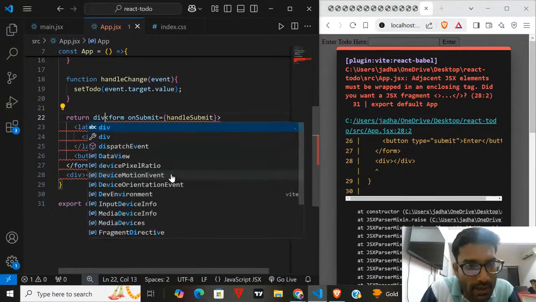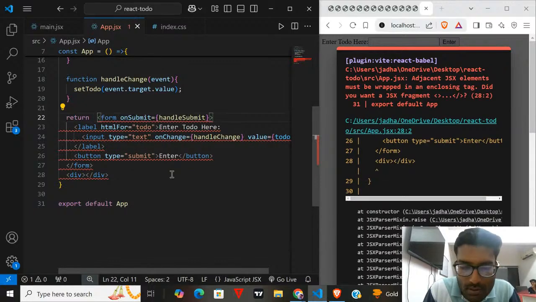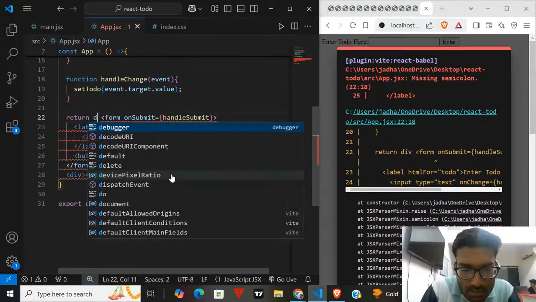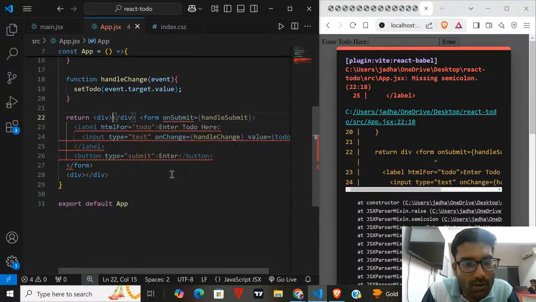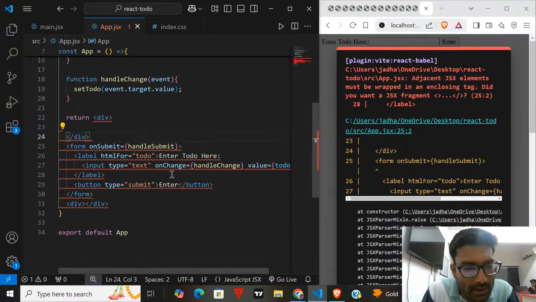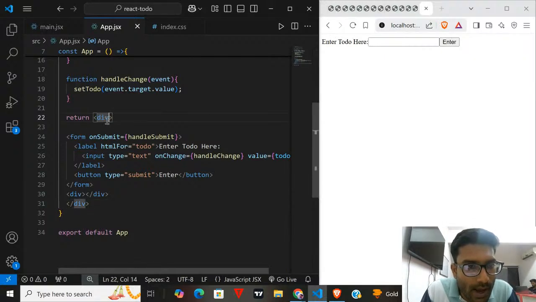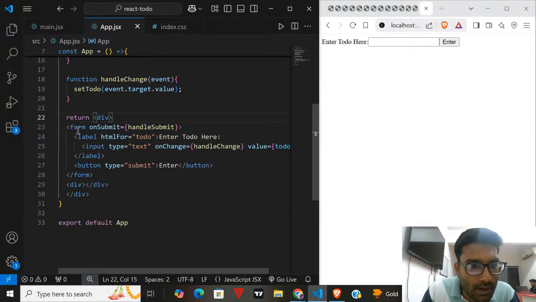So let us make one div element here, and move this div to the outermost part. So I have one parent div, and inside this parent div I have two children: one is the form and the other is another div where I want to fetch everything inside the todo.